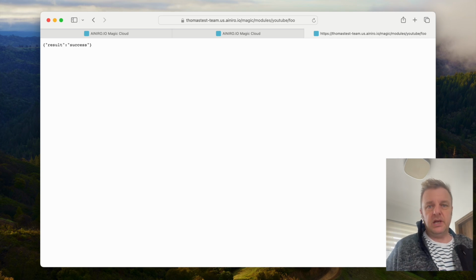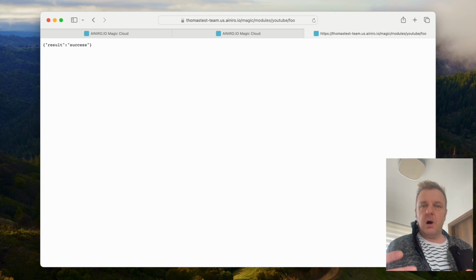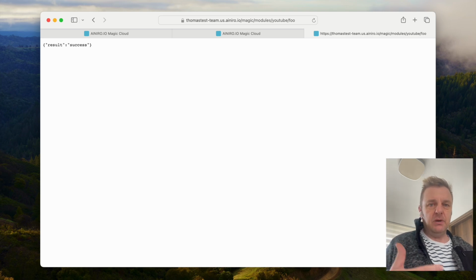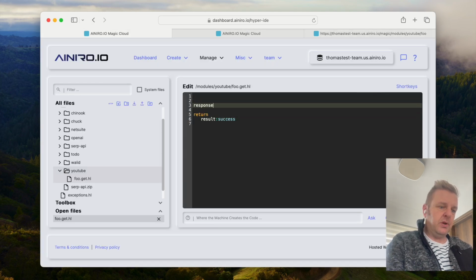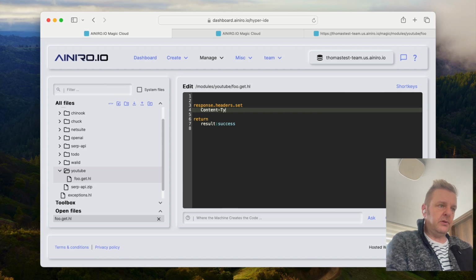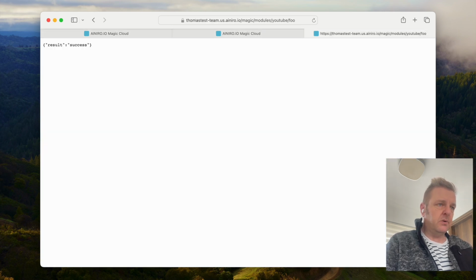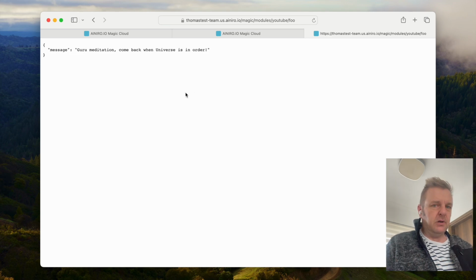So first of all, the Hyperlambda endpoint resolver will automatically transpile from Hyperlambda to JSON by default, unless I explicitly override it by setting the HTTP response header. Something I can do by doing something like this, response dot headers set, content type, application/Hyperlambda. I'm not entirely sure if this is going to work, but okay,